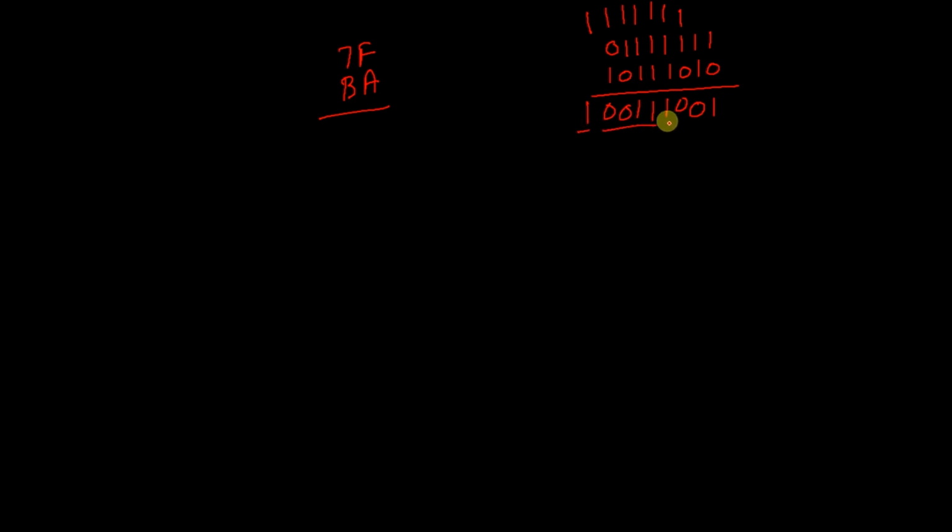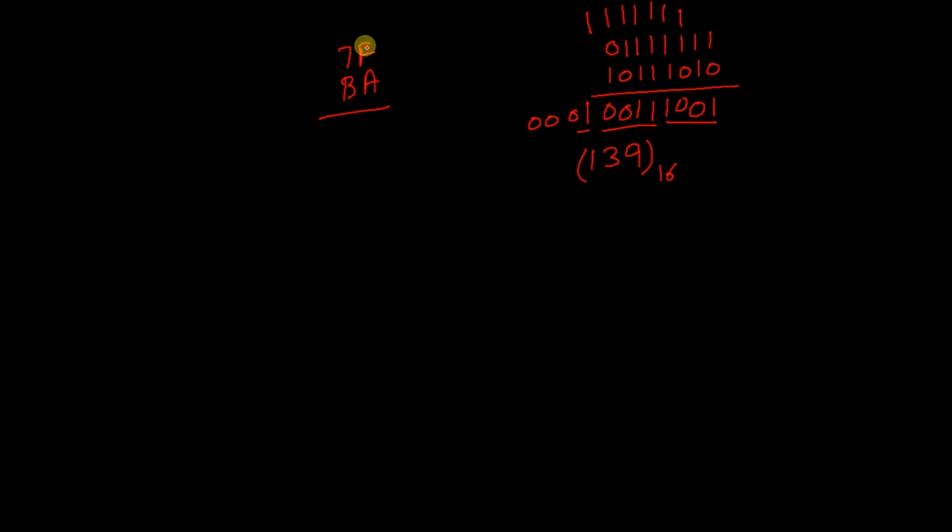When we make pairs of 4, we get 1 as it is, because we can add 3, 0 here, so it will be 1, 3, and this is nothing but 9. So the sum of this will be 9 in hex. So let us see how we can do this addition directly.